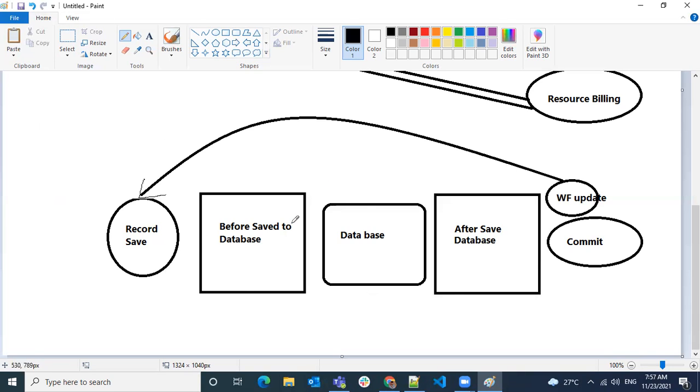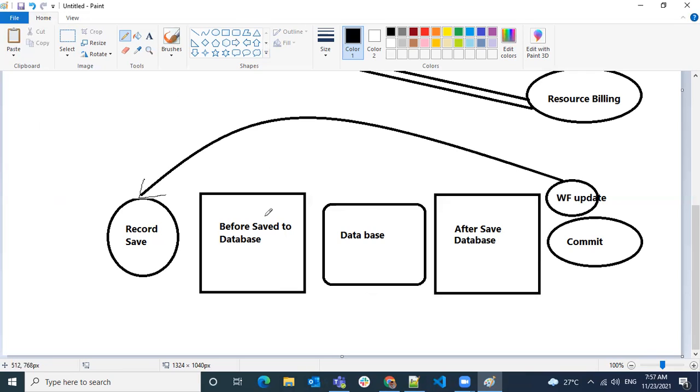So when you have the concept of before save to database, without doing one more DML, that means when you're trying to save the record, before it reaches the database, you have an option to do some logic. In that logic, whatever you do, you can do only on the same record. Why?